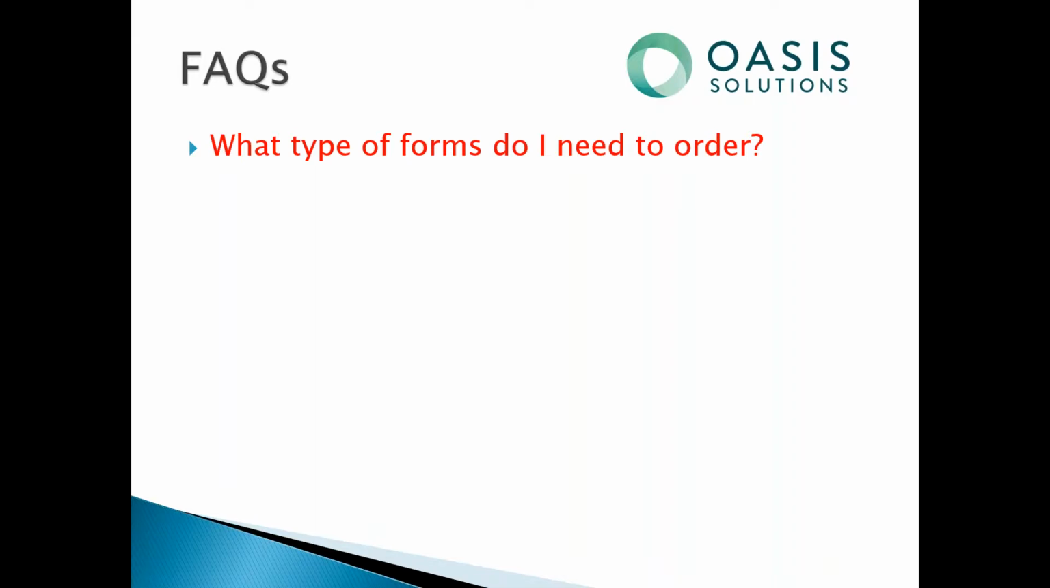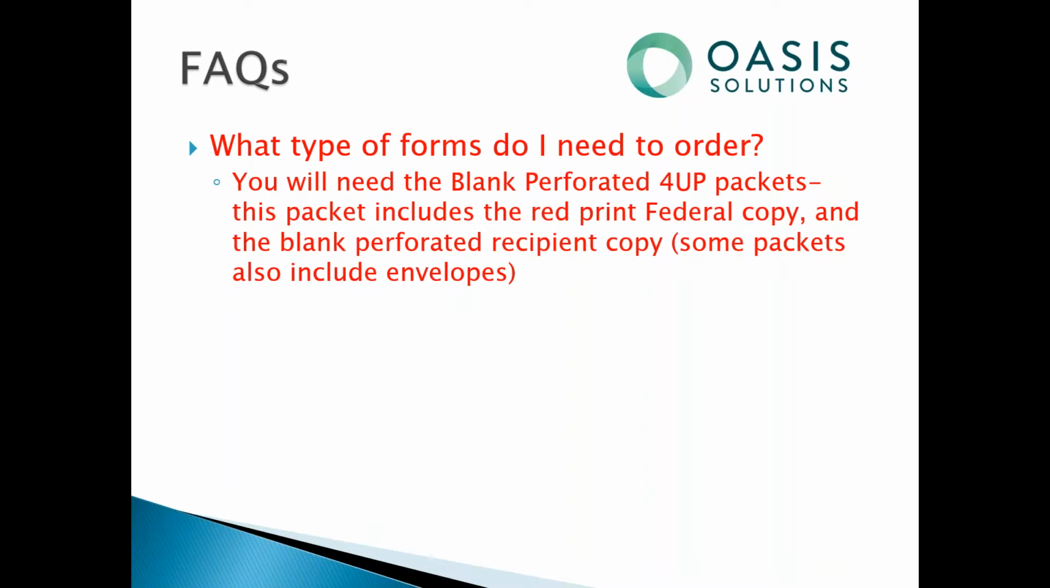So a big question is what type of forms do you need to order with Atrix? And this is going to be very important if it's your first year or it's your first year on Sage. Atrix requires the blank perforated forms. You do not purchase the pre-printed 1099 forms. So you need the blank perforated 4-up packets, and this includes the red federal copy and the blank perforated recipient copy. And some of those packets also include the envelopes,